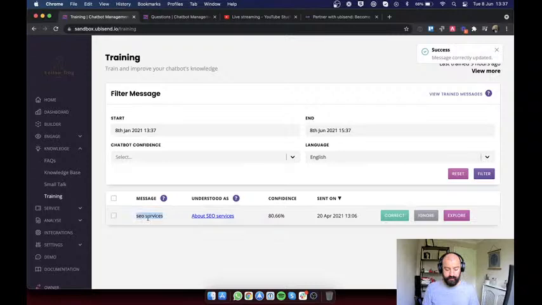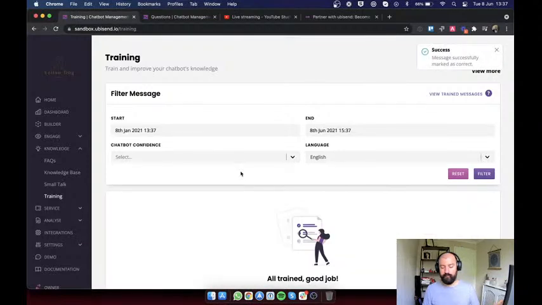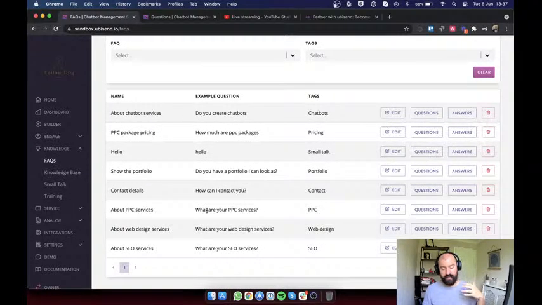And finally, SEO services. Obviously, this is very relevant to this one, 80%. So next time, just make sure that you raise up your score on this. All right. So we've gone through the first section, which is looking at the messages that the bot has already received. Now, as you've seen, we started with